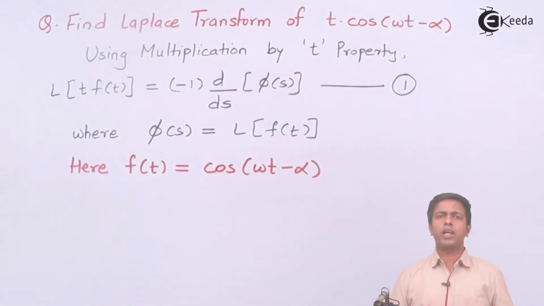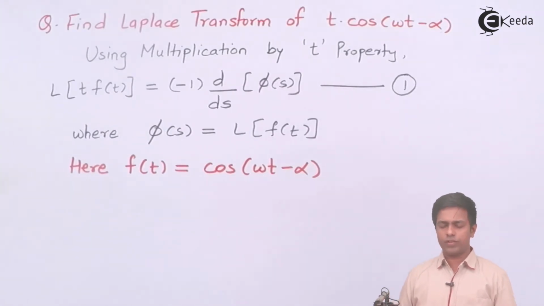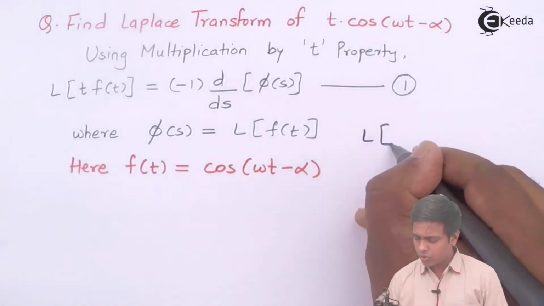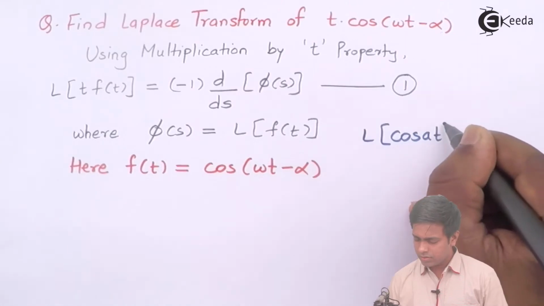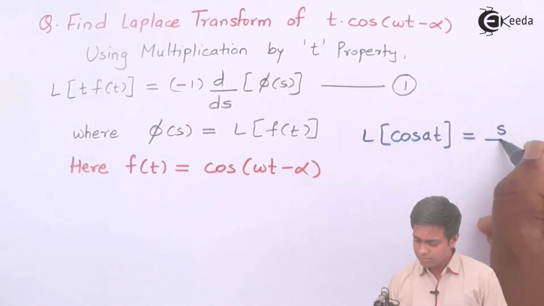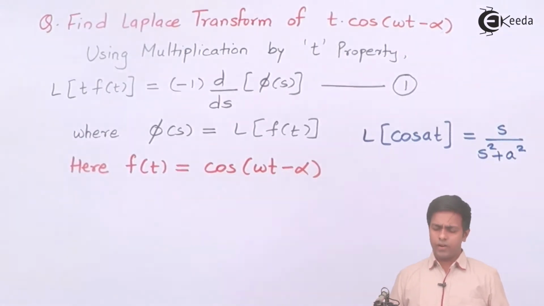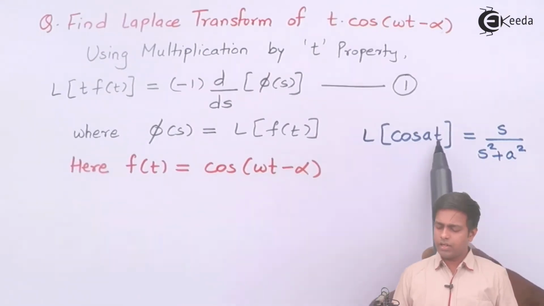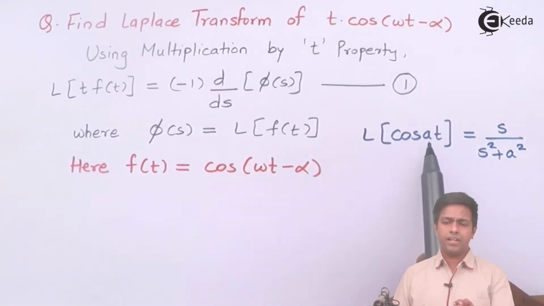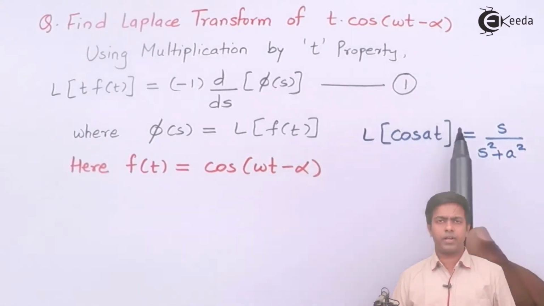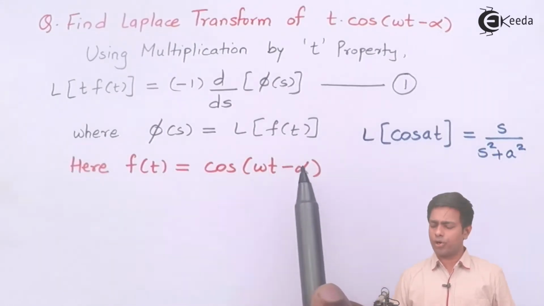So Laplace of cos of omega t minus alpha is not possible. Guys, don't get confused, because I have seen that most students use one property of Laplace of cos over here. Let me explain why that property is not applicable. It is Laplace of cos of at is s upon s square plus a square. Now if you observe this property carefully, here with cos we have at, but here we have omega t minus alpha. So minus alpha is not a part of the property, right? Due to this minus alpha, I am not using this property.